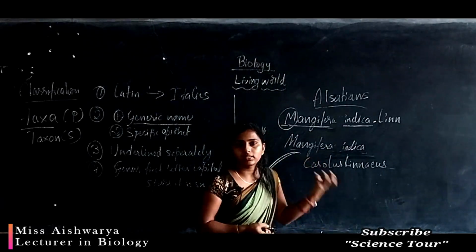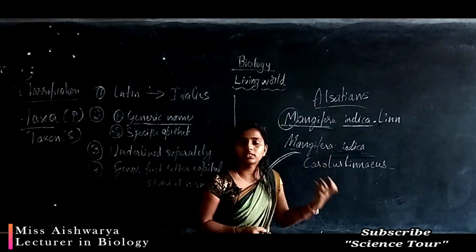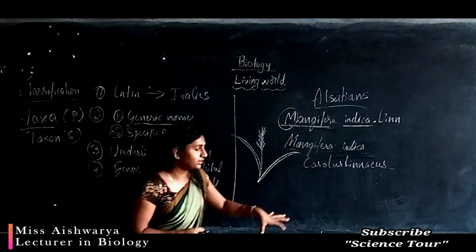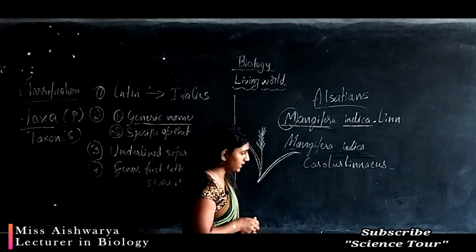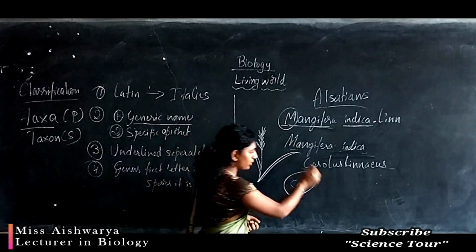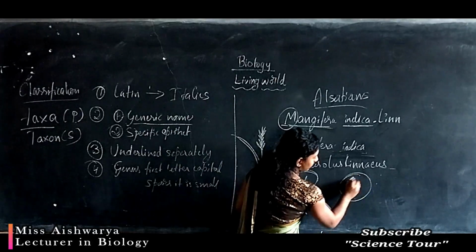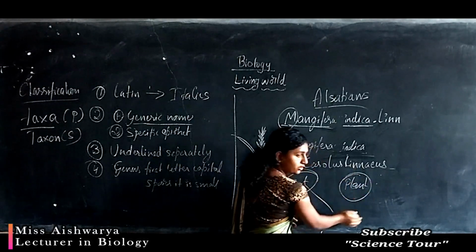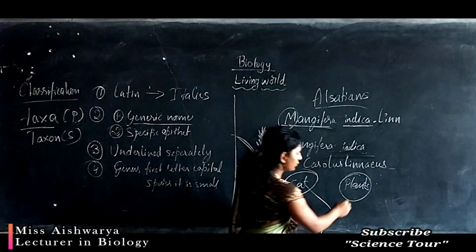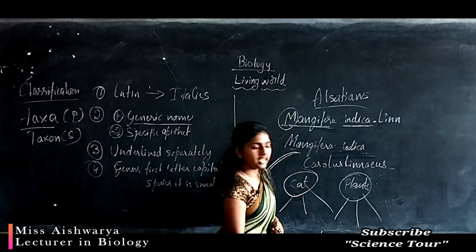Even in cats we can see different categories, local breeds and Persian cats. These are the different types of cats present within the group. Cat is a group, and under that you can see different types. If you take plants, a group of plants, many types of plants come under this group. So it has further types, and also if you take other animals you can see further types.